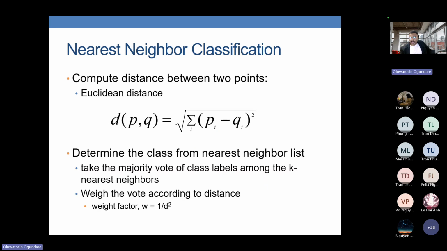So we already talked about the vote. There is an election, and the number of the winning. The best way is to make k an odd number so that there is always a winning. Someone always wins. But then there is also this interesting idea of weighing, having a weight factor, and this depends